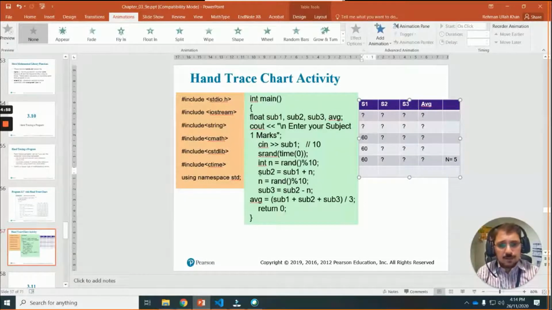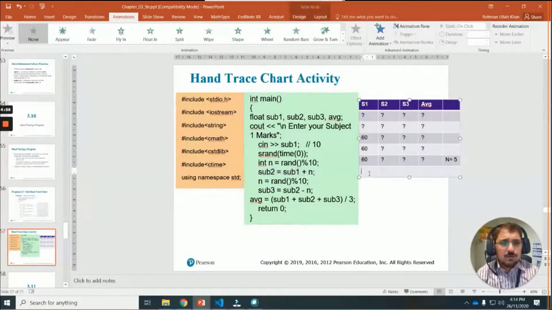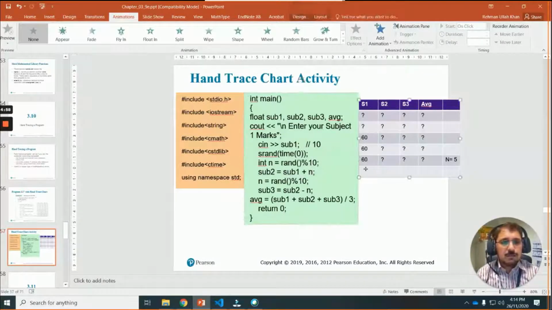Then at the next line, subject 2 got a value. So what value did subject 2 get? 65. Fine. Exactly. Subject 1, which is 60, and n, which is 5, so 65.